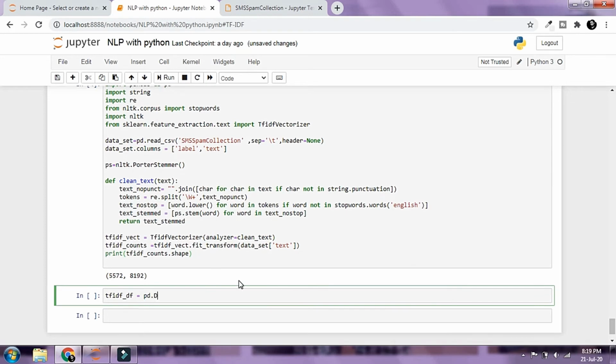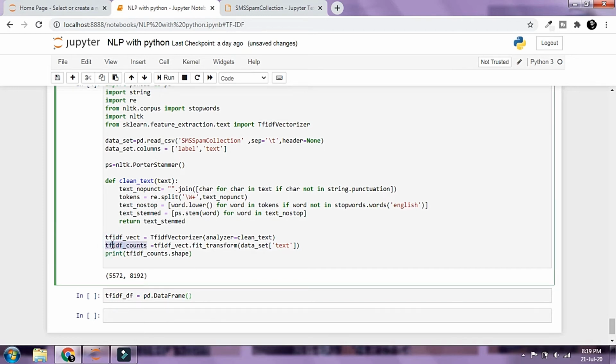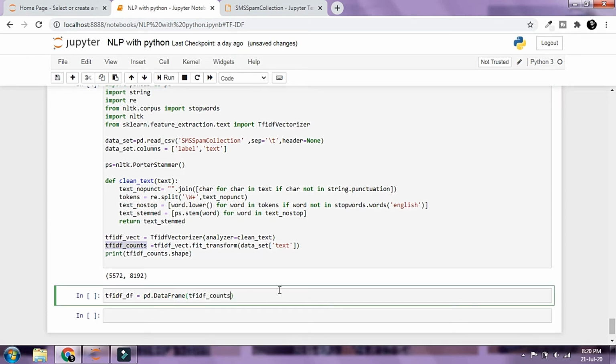So pd.DataFrame, and I would pass in this tf-idf counts, and this again is stored as a sparse matrix in Python, and we have already talked about what a sparse matrix is in our previous chapter, and how Python stores the sparse matrix in memory. So we need to expand the sparse matrix. So I would say toarray,